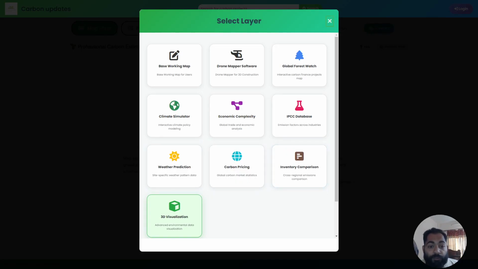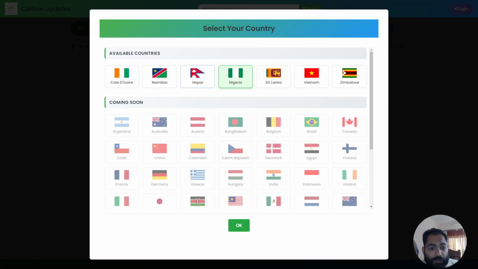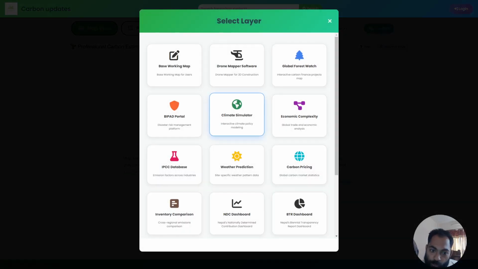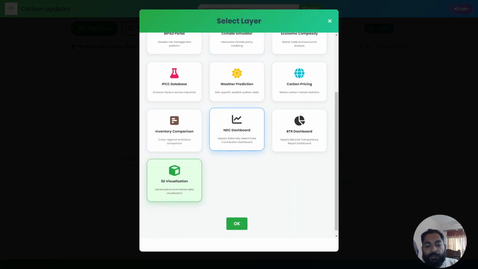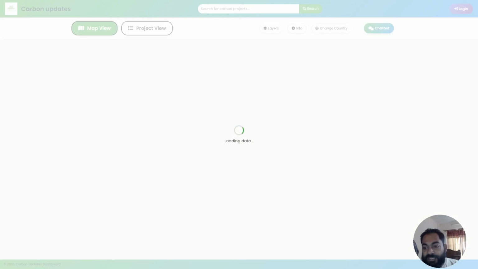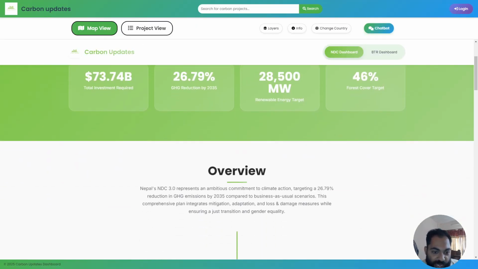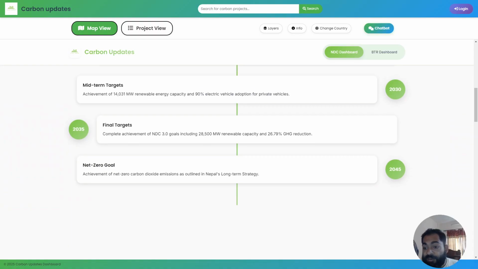I'll show you something else for Nepal. We have incorporated, for Nepal, one important thing: the NDC dashboard and the BTR dashboard. You can read Nepal's NDC dashboard and BTR dashboard, and if your country has already published their NDC and BTR, please reach out to us